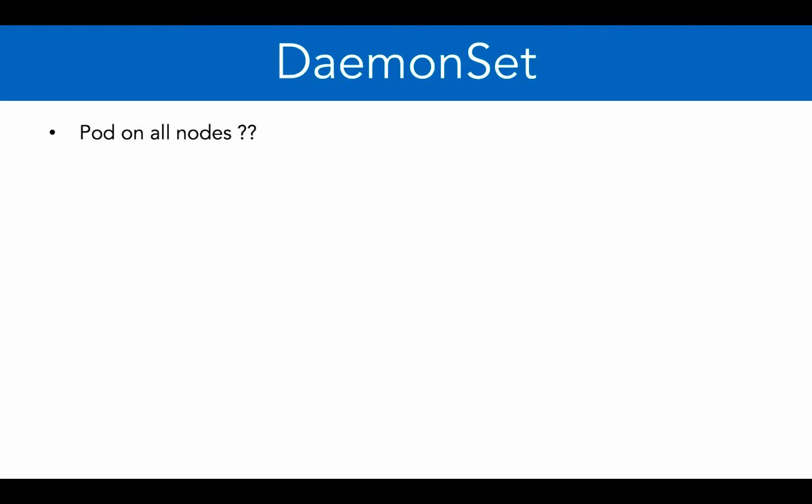So what is this daemon set? Let's say we want a pod on all nodes. Now let's say we have an application container which I want to run on all the nodes. So one pod of that application should be running on all the nodes. One typical example would be some log agent. Let's say I want to use Fluentd or Prometheus. So what they do is they collect logs from all the pods running in a particular node, and then they send those logs or metrics to a centralized server. Now to do so, we need to have one of the agents which pulls the logs from those containers running on all the nodes. So that's where daemon set might be useful.